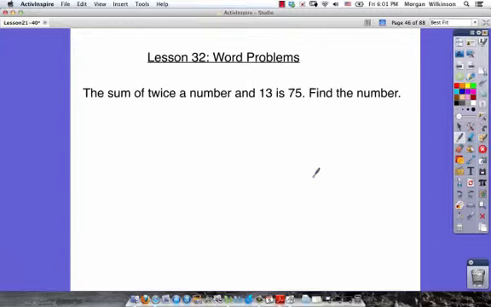Lesson 32 is about word problems, and the word problems that we're going to see will look something like this. The sum of twice a number and 13 is 75. We want to find the number. The first thing we need to do is take this sentence and turn it